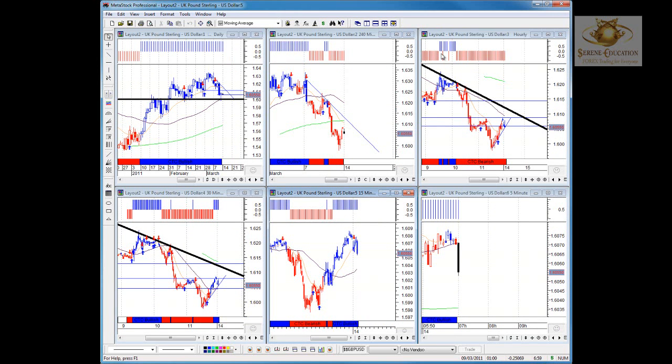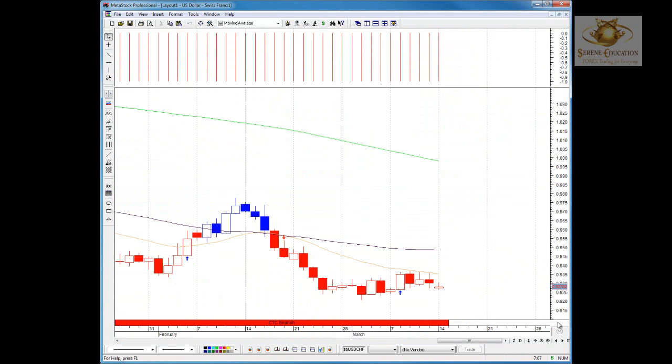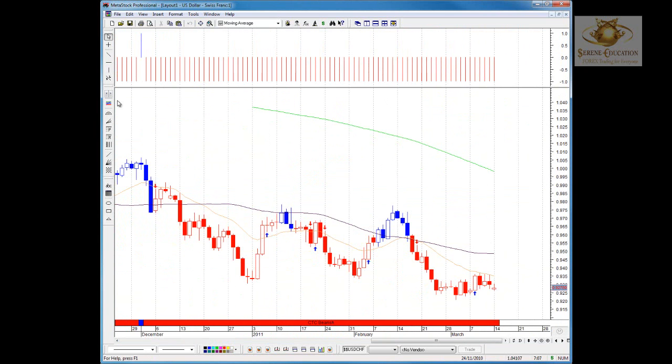Okay, next up is US dollar against Swiss franc. The next pair we're looking at is the US dollar against the Swiss franc. Pulling up the daily time frame, you'll notice that this pair, since breaking 935, which happened to be a very strong support level in the past,